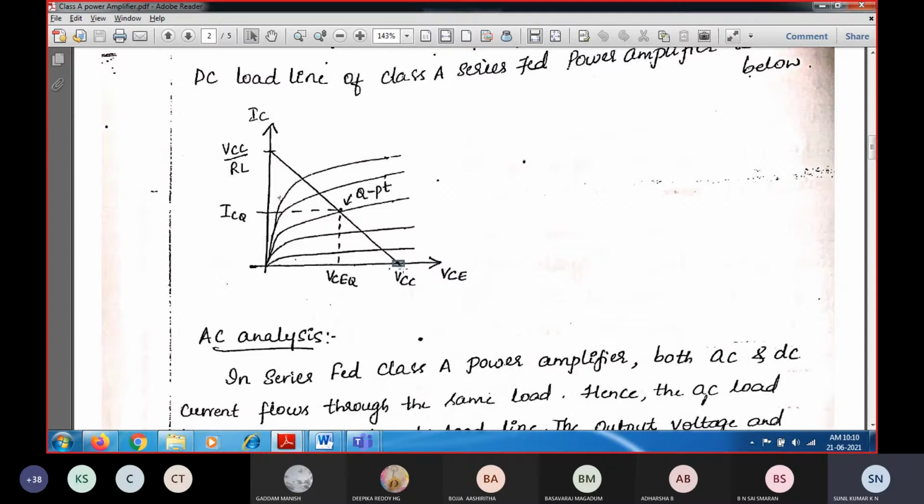Now the Class B amplifier has some drawback. In order to overcome that drawback, what we do in the Class AB amplifier is minimize the drawback present in the Class B amplifier. We select the Q point just above the cutoff region, so that it will be less than the center of the load line, and the selection of Q point will be above the cutoff region, so that we can observe the output waveform for a given input signal waveform.